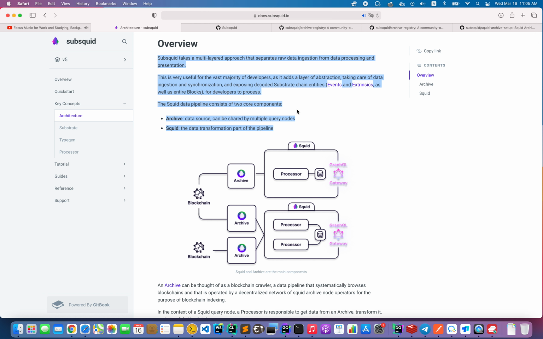SubSquid takes a multi-layered approach that separates raw data ingestion from data processing and presentation. This is very useful for the vast majority of developers, as it adds a layer of abstraction, taking care of data ingestion and synchronization, and exposing decoded substrate chain entities, events and extrinsics, as well as entire blocks, for developers